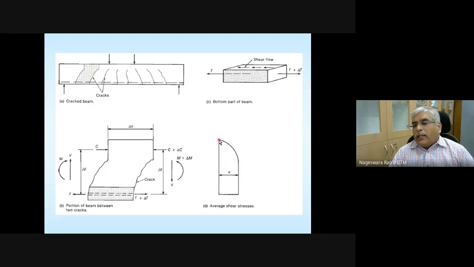And please note how this is obtained. Up to the neutral axis, it's going to be similar to a homogeneous section. It's going to have parabolic variation. Below the neutral axis, concrete is not going to